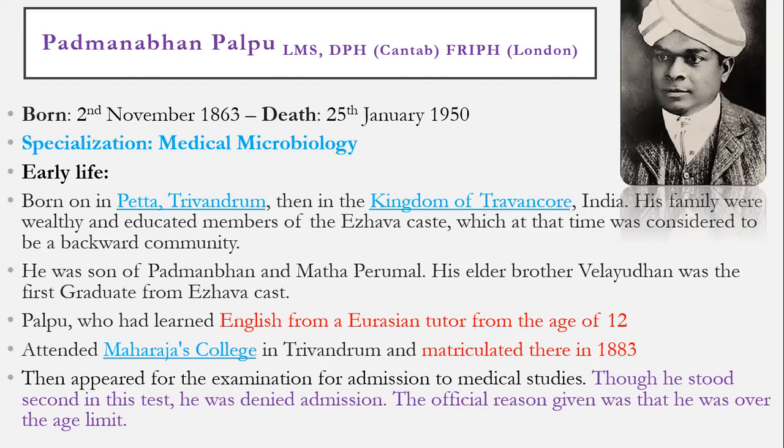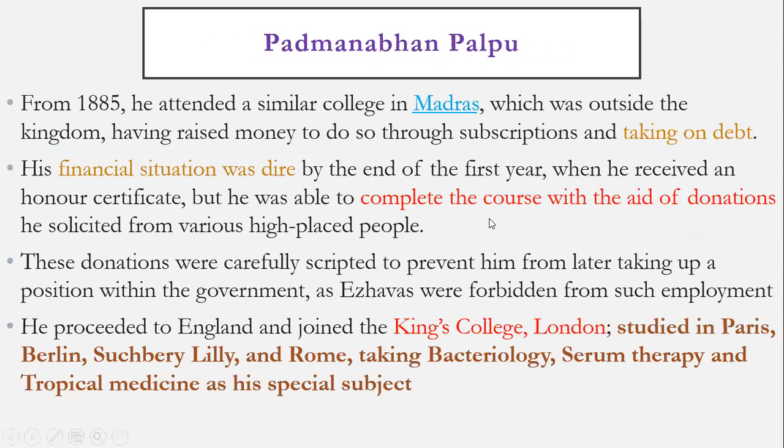He attended Maharaja College, Trivandrum, and did matriculation there in 1883. Then he appeared for the examination for admission to medical studies. Though he stood second in the test, he was denied admission. The official reason given was that he was over the age limit. From 1885, he attended a similar college in Madras, which was outside the kingdom, having raised money to do so